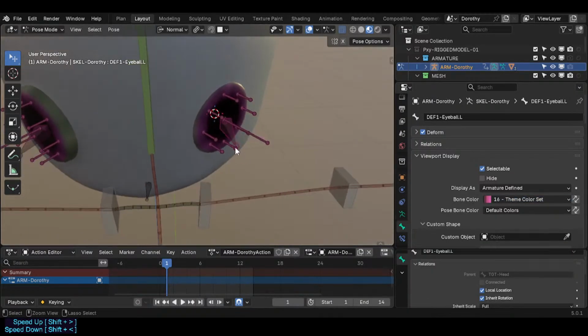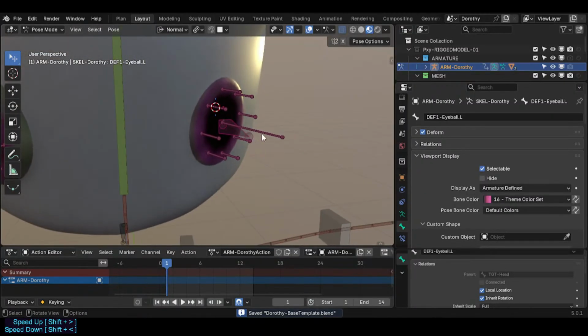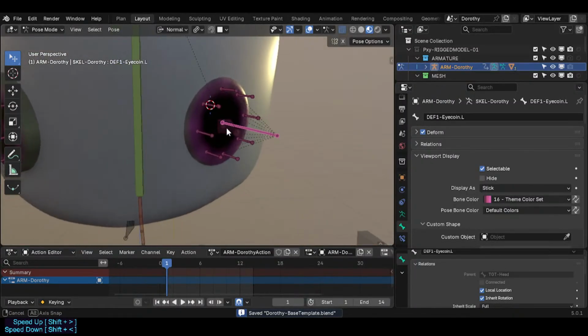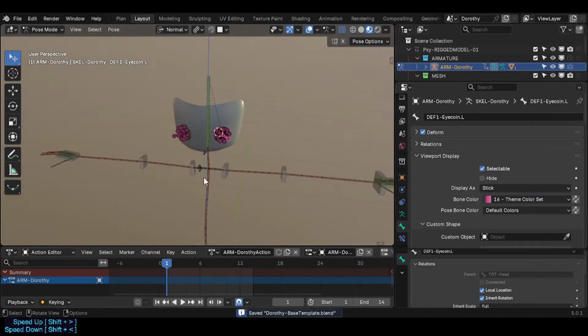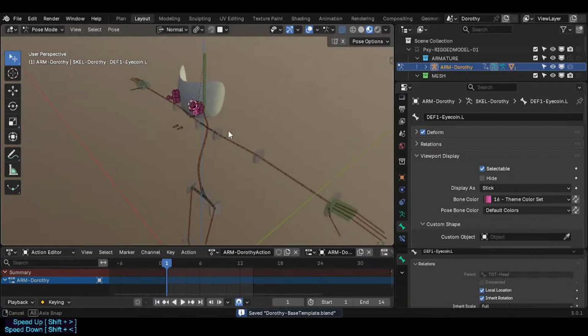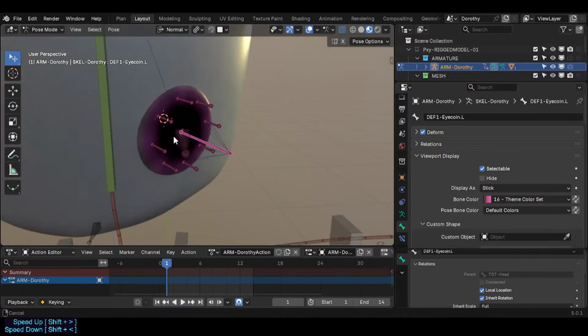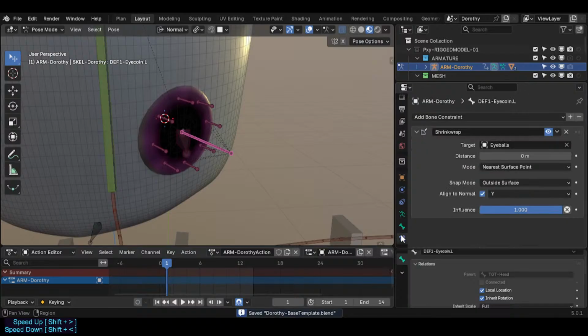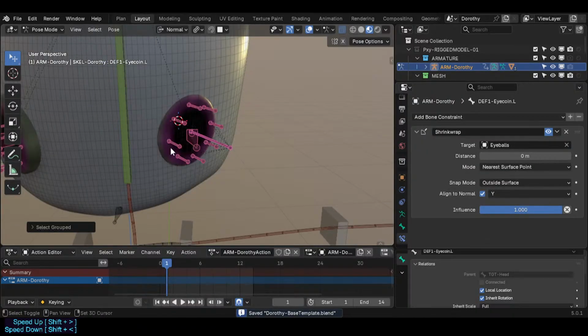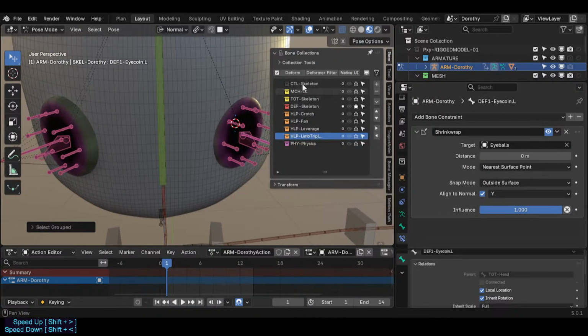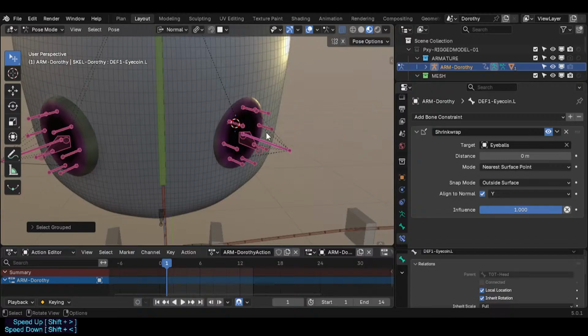Yeah, it's horrible, but at least we know what we are handling here. It's better to separate this. They are the base skeleton for the eyes, so it's kind of useful. The eye coins here. All right, so we got this, and we need to now select all of this. Yeah, it's all in the same bone collection, so we are simplifying stuff. So we want to